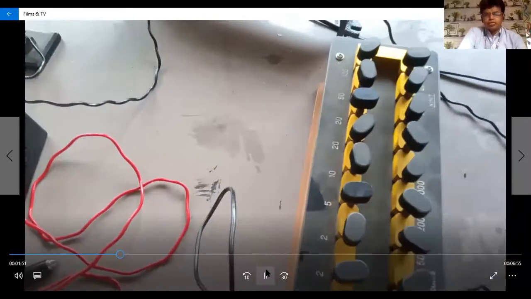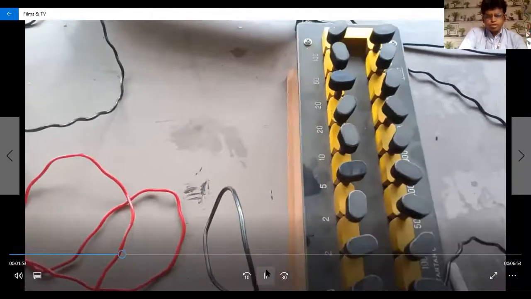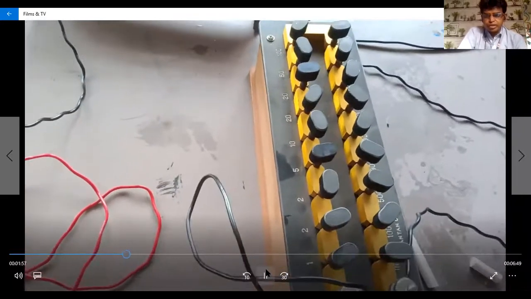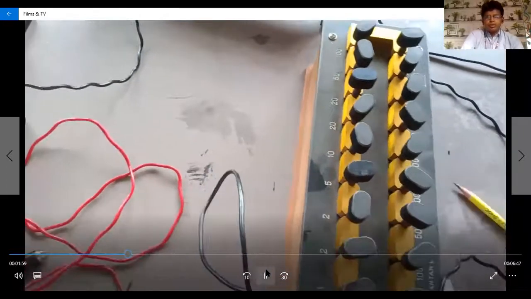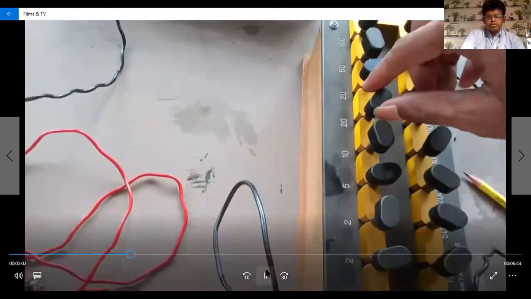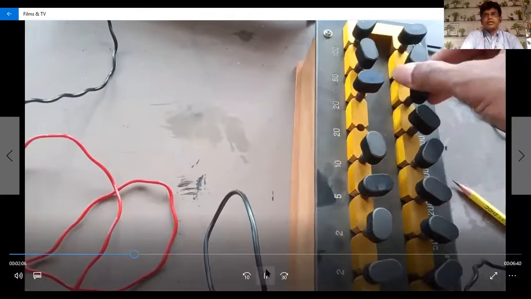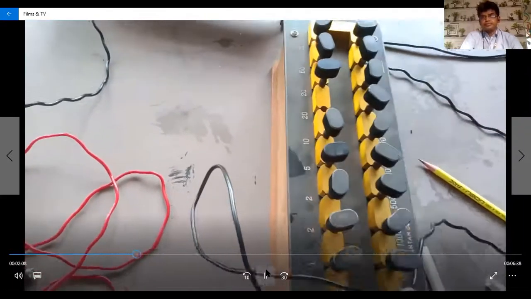Now this is one of the R non-value, the R box. Here the values start with 1, 2, 5, which are currency-style values. So you pass a non-R value from the R box. Suppose you pass 20, so only 20 is open. The remaining keys should be tied, it is compulsory.